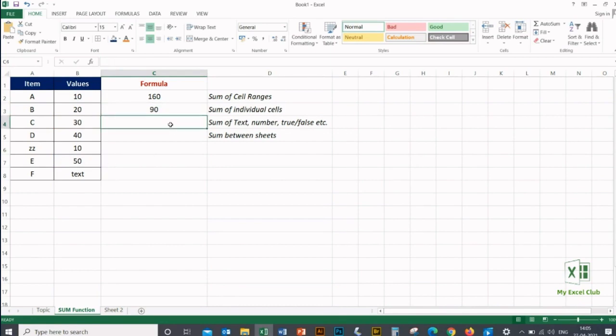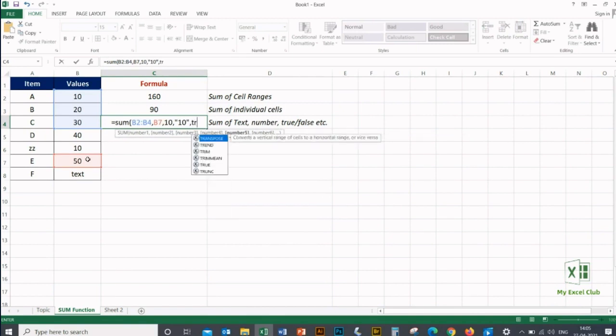Let's take an example of a mix of everything. So equal to SUM. I will take the cell range from B2 to B4, then B7, then let's hard code a number, 10. I will add 10 in double quotes. Usually we write text values in double quotes, but as I said, SUM did not take any text value, so it will convert this value to a number.